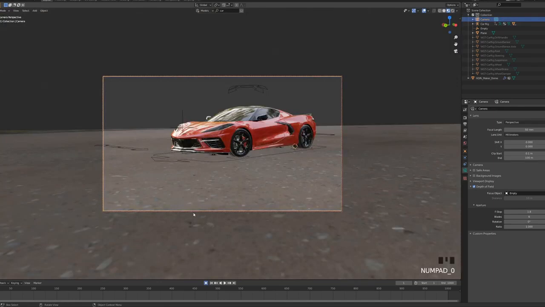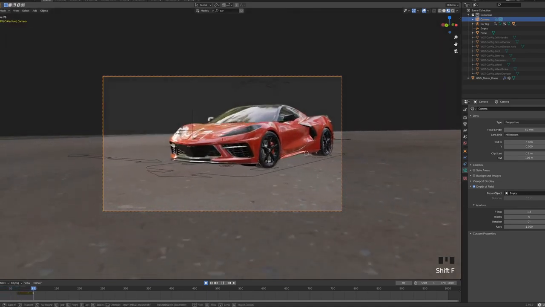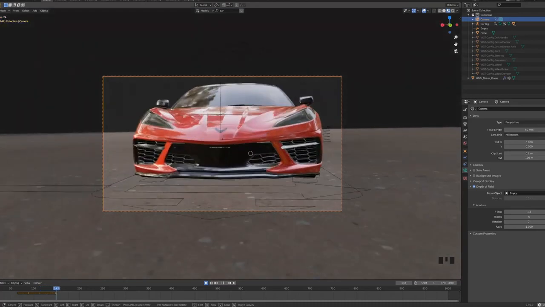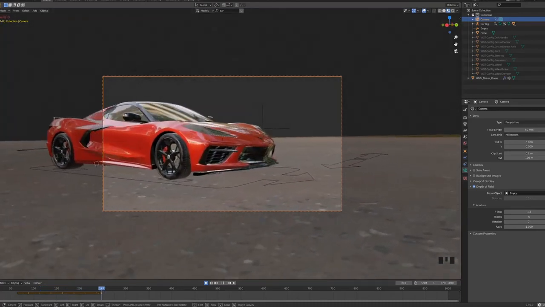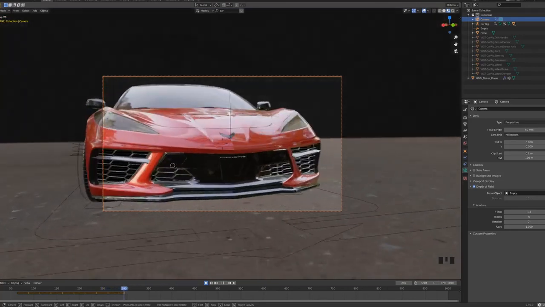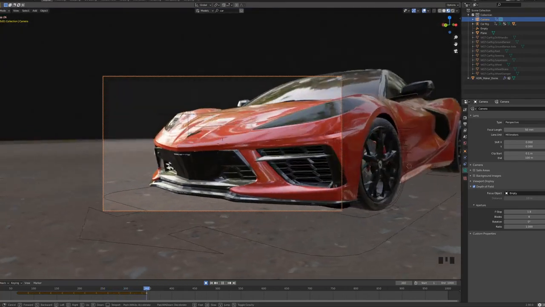Okay, now how to record the animation. You have to activate the auto keying. You will press spacebar and then Shift F to record all the keyframes. I click here on the camera. Okay, let's do that. Spacebar and then Shift F. And now you can move around the car. It's okay if it's not smooth, again, because we will deal with that later. So you can do the animation you want.